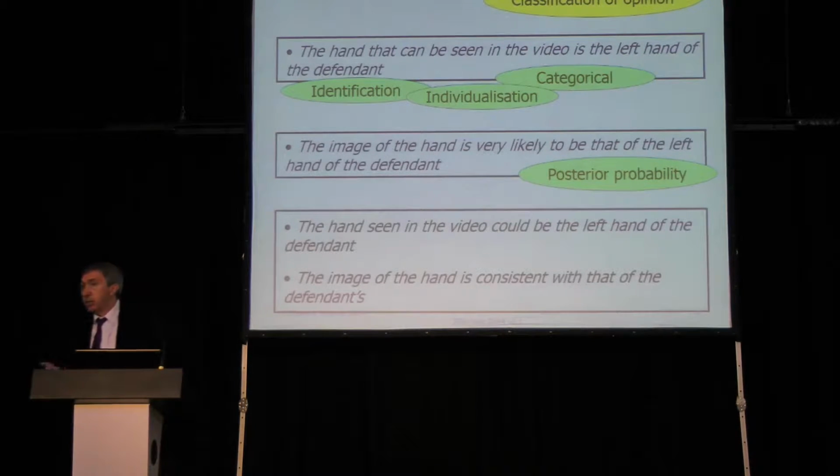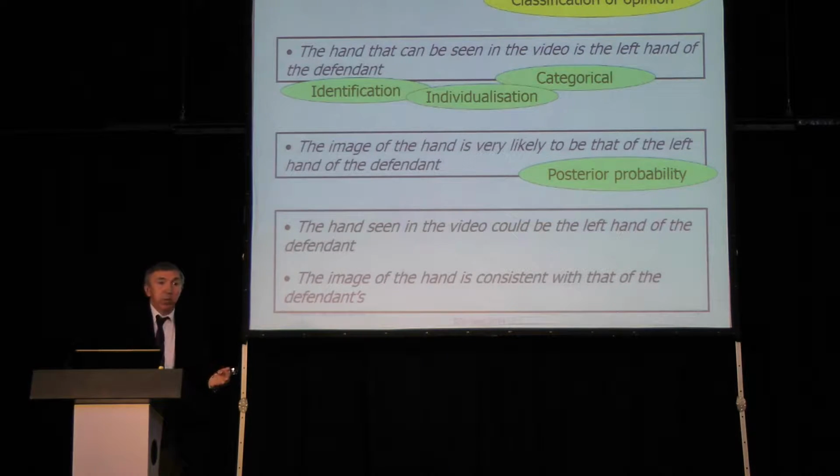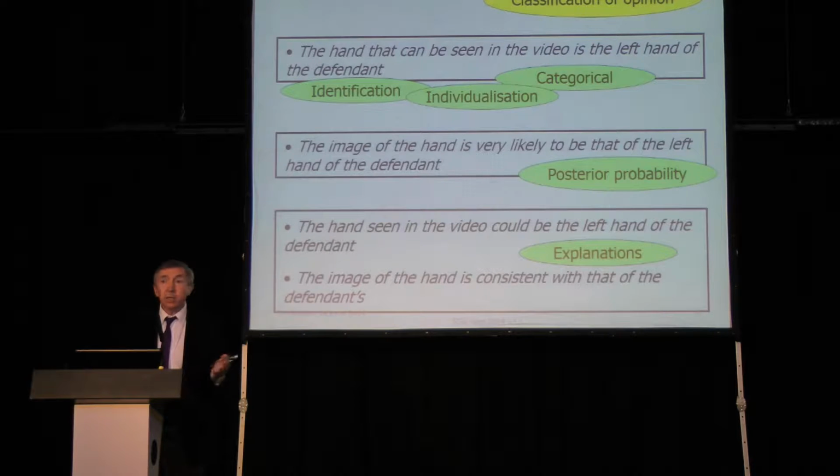We could say these things, and we've seen some of these examples before. Paul's used one or two examples like this from the RVT case, which I'll speak about later. We could say, well, yeah, there's no dissimilarities, there's a lot of similarities. The hand could be the hand of the defendant, or it's consistent with being that of the defendant. I'll leave it like that, and I think we'd all agree that a useful label for those is they're simply explanations. There's no probability attached to them. There's no probative force or weight attached. They're simply explanations.